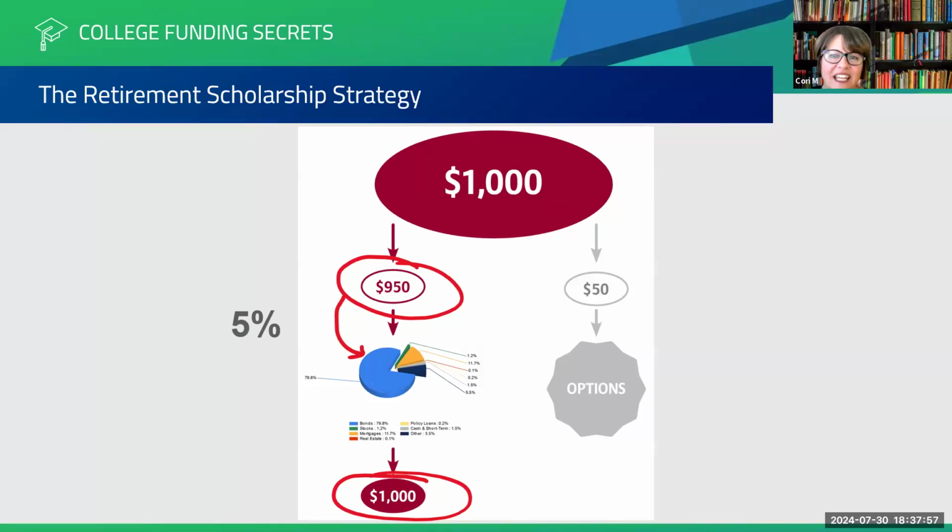All right, so then that means they've basically got the interest on your money that they can be a little bit more aggressive with, put it into the stock market through purchasing options on an index. So an example of an index might be the S&P 500. That's a common index. There's others as well. But that's why they call these index universal life insurance policies, because some of the money goes into buying options